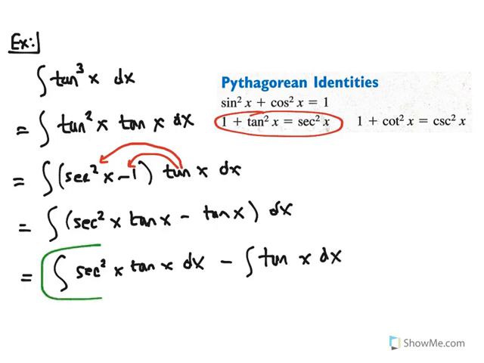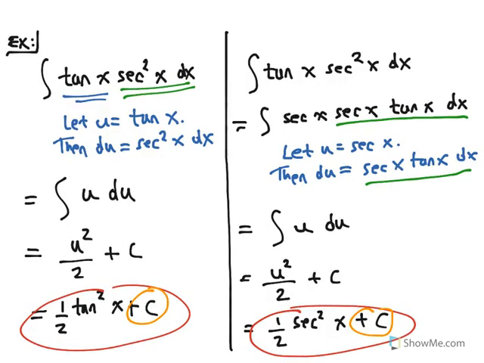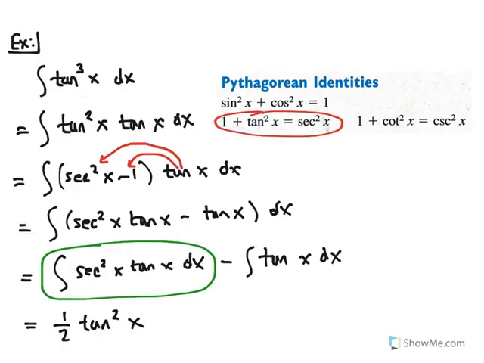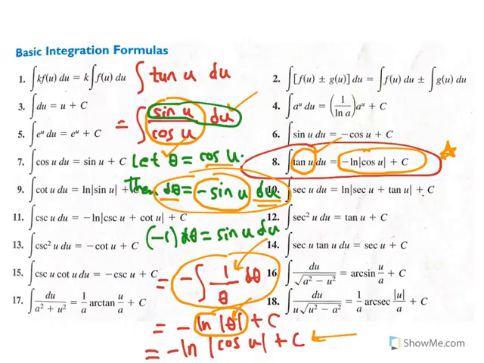You should remember this integral from our previous example, where the integrand is secant squared x times tangent x. And we've already done that problem, so you can take either of these two answers, whichever you prefer. I'll take the first one. And this one we've also discussed. It is, in fact, rule number 8 from the inside cover of our textbook. So if the integrand is tangent